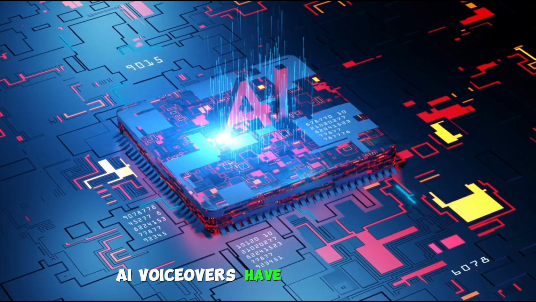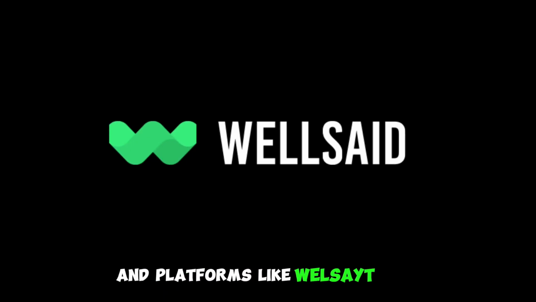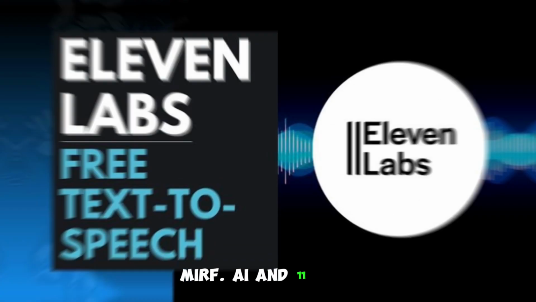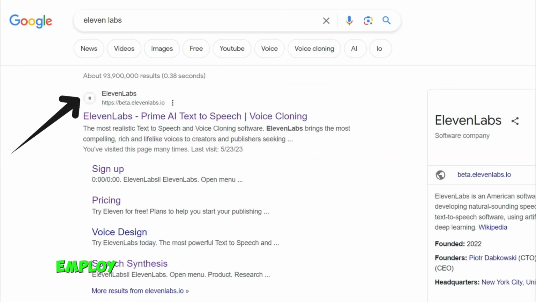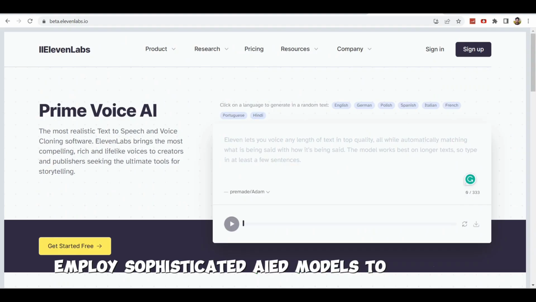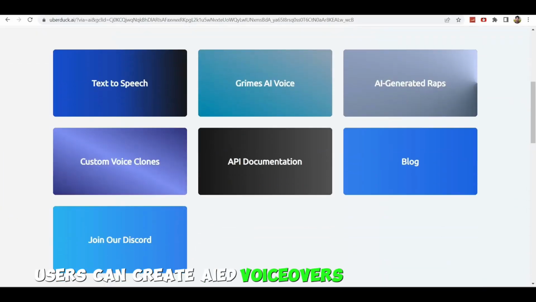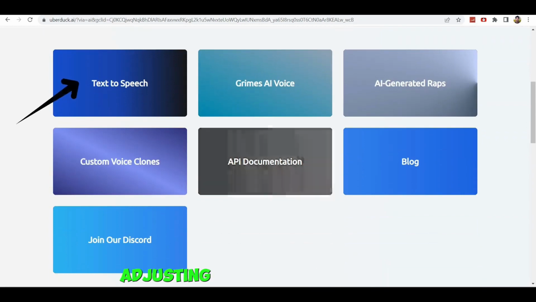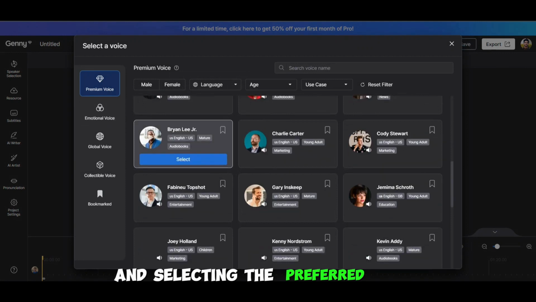AI voiceovers have revolutionized audio content creation, and platforms like Wellsaid Labs, Murf.ai, and ElevenLabs are at the forefront of this innovation. These platforms employ sophisticated AI models to generate natural-sounding voiceovers. Users can create AI voiceovers by inputting text, adjusting parameters like pitch, tone, and accent, and selecting the preferred voice.